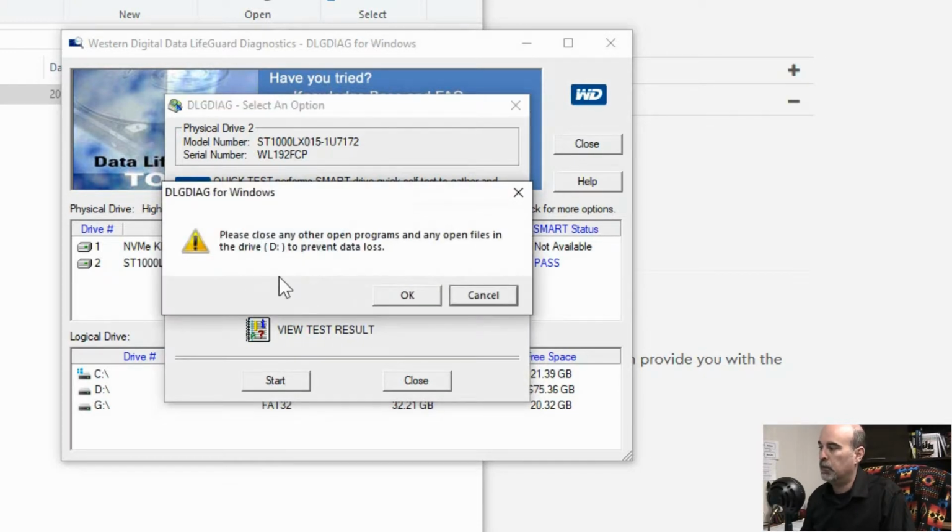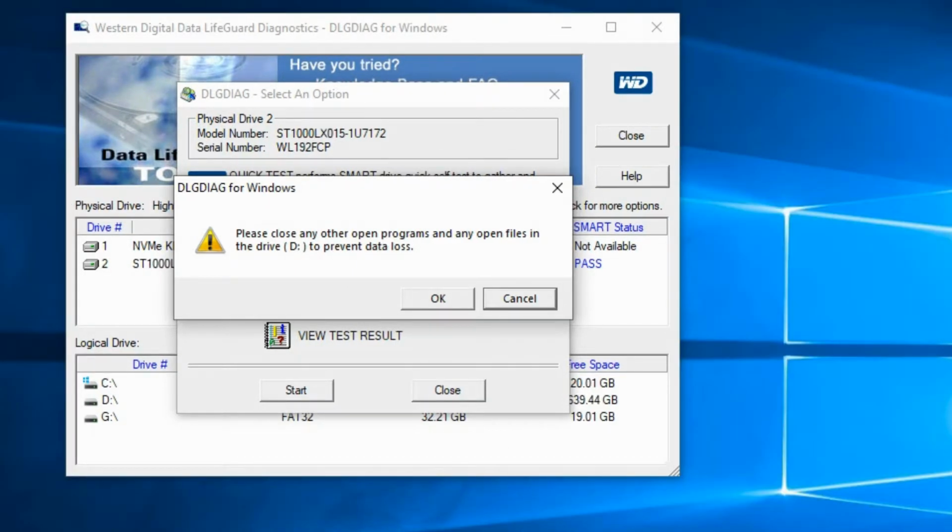And it confirms that you want to close any programs and files that you have open to make sure you don't lose anything during this test. And that includes running any video screen recording, which I am doing as I record this video.